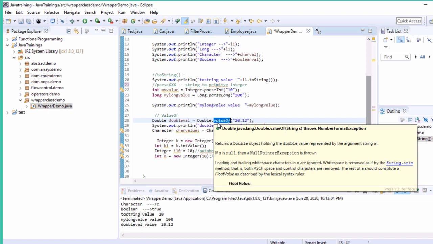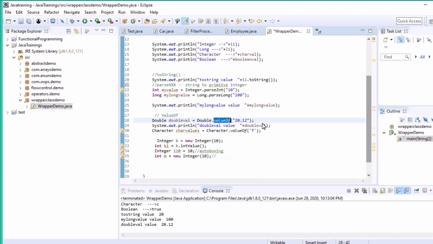If you want to store a double string into a Double value, then you need to use Double dot valueOf, as I used. These are the ways you can make use of these methods. You need to go through all these methods and try it out, and if you face any issues, please give a comment, I will help you out.